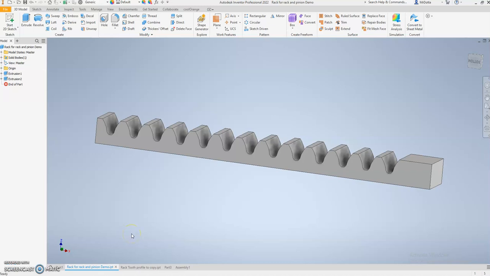Alright guys, what I'm going to show you here today is how to make a rack for a rack and pinion. So to get this profile of a tooth that matches a tooth that will be made here in Inventor, we have to basically copy this profile. So this is what your rack is going to end up looking like,